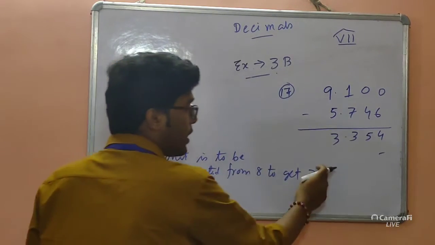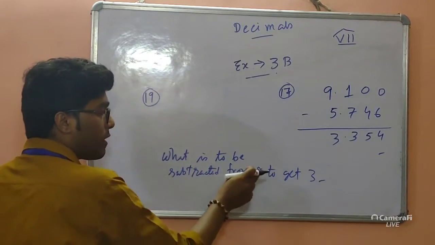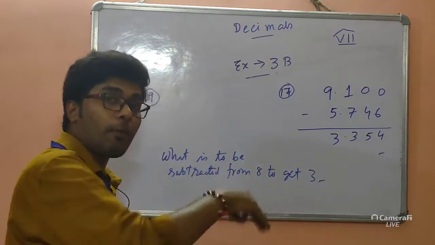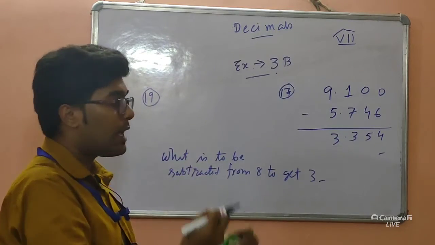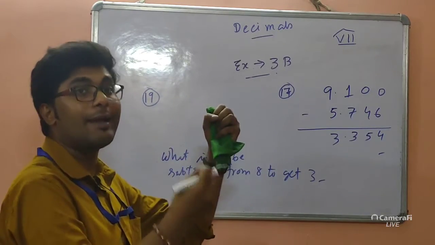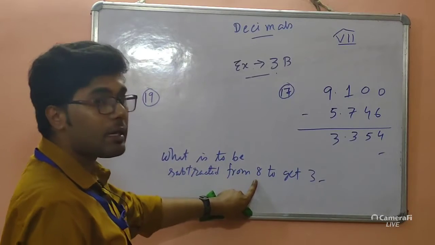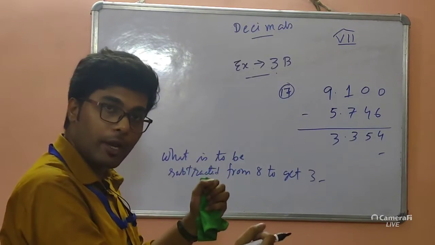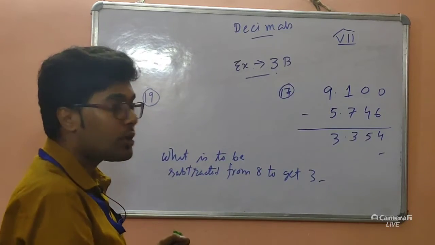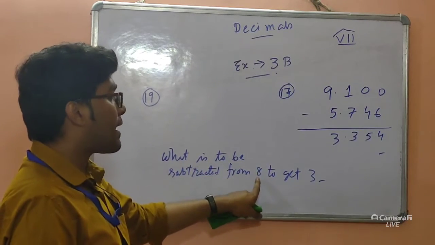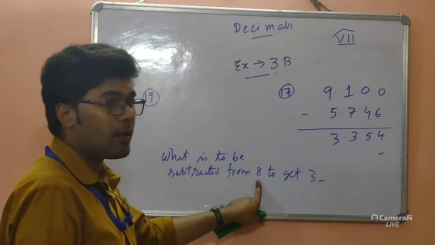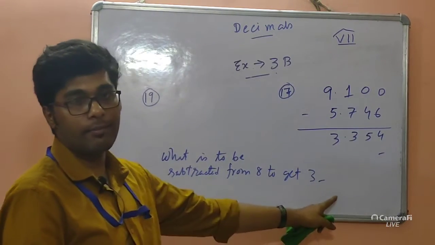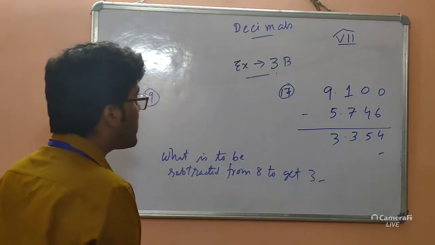What do we need? We need 3. But what is given? It is given 8. So what we need to subtract from 8 to get 3? So 3 we need, 8 we are having. So how much do we need? 5. If we subtract 5 from 8, so we get what? 3, right? 5 plus 3 becomes 8. So that means whatever number is big number that is given and the smallest number that we want, we need to subtract them. Clear? Now we come back to this question.